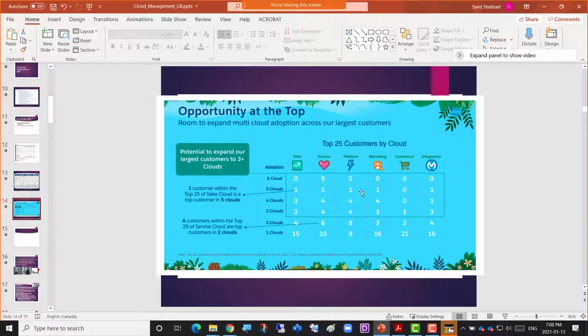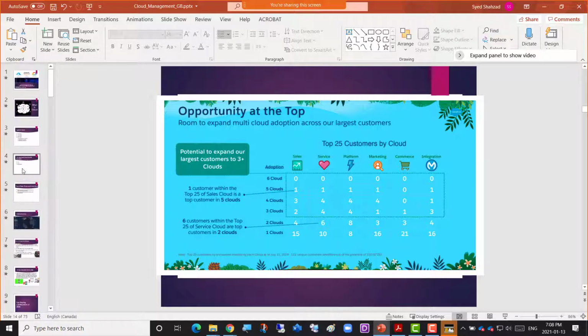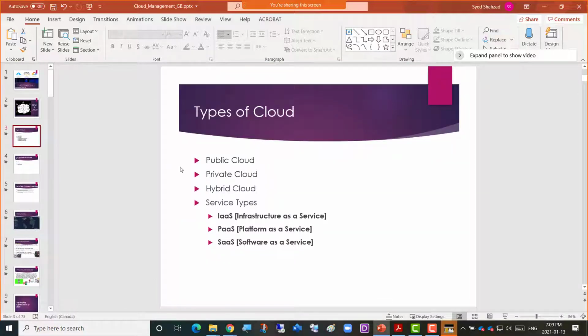As I mentioned the reason before as well, they also say 6 clouds. Now, what does that mean? What? We have 6 clouds? We have 7 clouds? I showed that there is Microsoft Azure, then there is AWS. When we say 6 clouds, it comes down to another question. Really? How many clouds are there? Are there types of clouds? So yes, there is public cloud, there is private cloud, there is hybrid cloud.